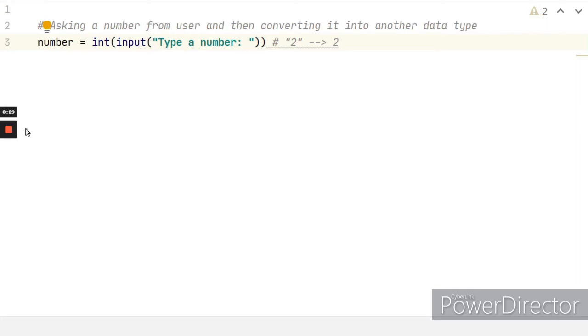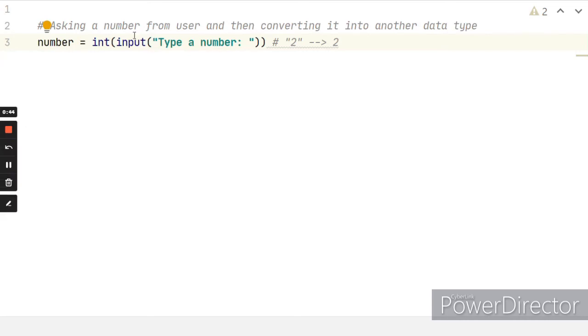Now I will show you how to convert the data that you get from the user into a specific type of data. Let's say I want to convert the data into an integer. I can use the int function, as you know from my data types video. And if you haven't watched that video, you can find the link in the description box, and also other links that might come into your use.